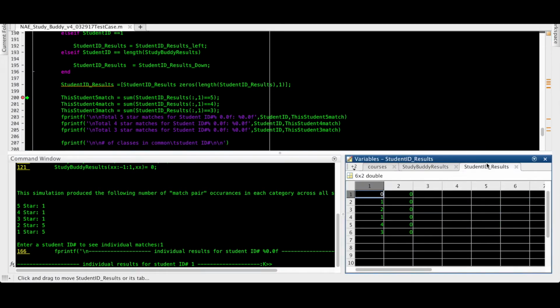Once the student ID results are combined, the next row is initialized with zeros, and what's going to populate in this column are the student IDs of those matches.